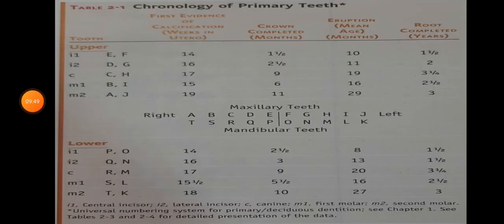See table 2.1. Then the first primary molars emerge by about 16 months of age and make contact with the opposing teeth